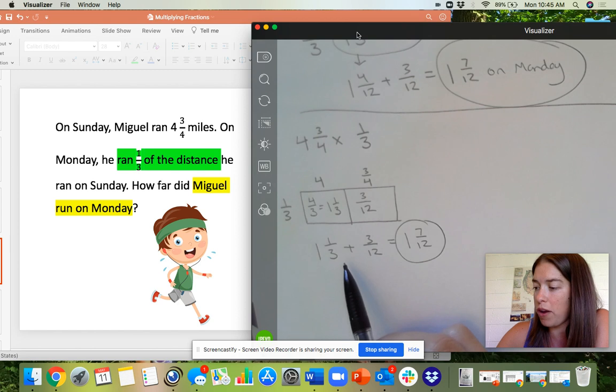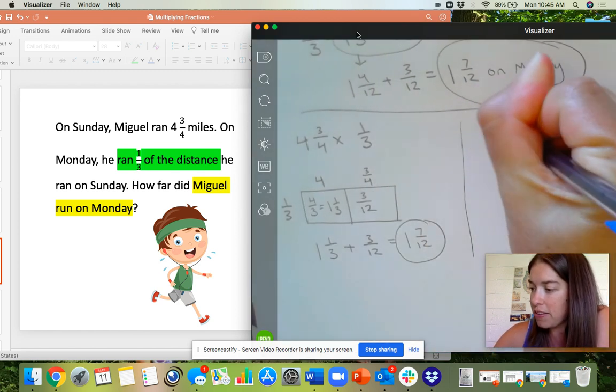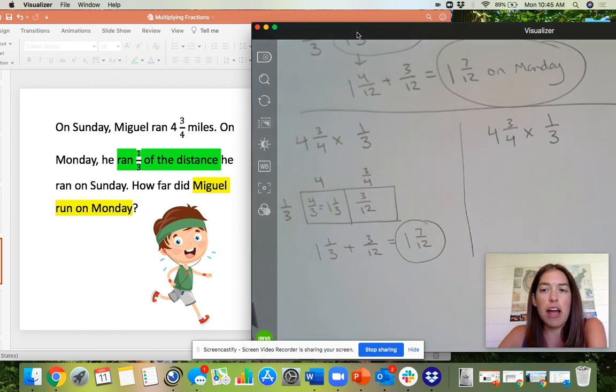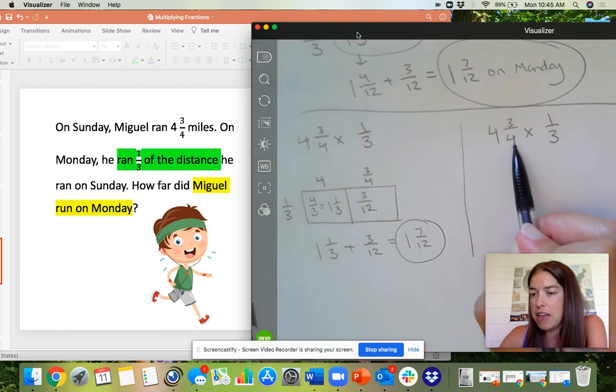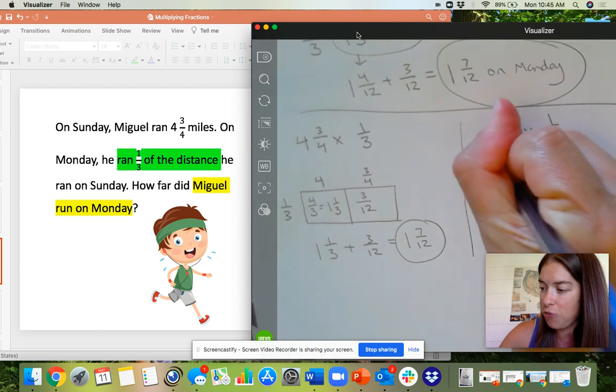Let's take a look at just one more strategy that some of us like to use, where we actually turn our mixed numbers into improper fractions. So here I'm going to turn 4 3/4 into an improper fraction by doing 4 times 4 is 16. Plus 3 more, 16, 17, 18, 19. So this is 19/4